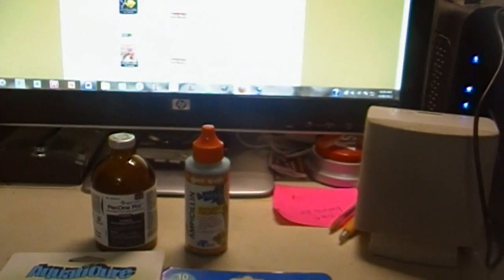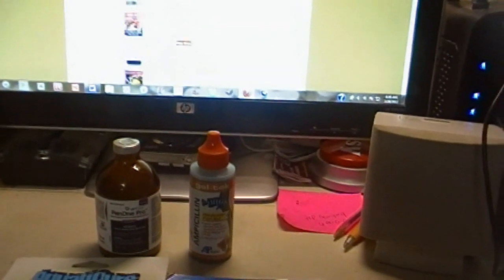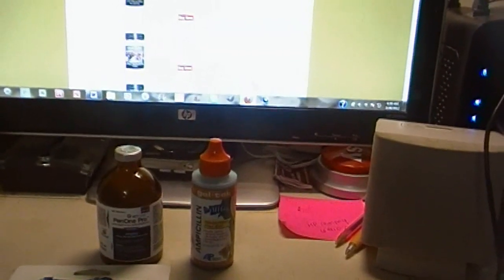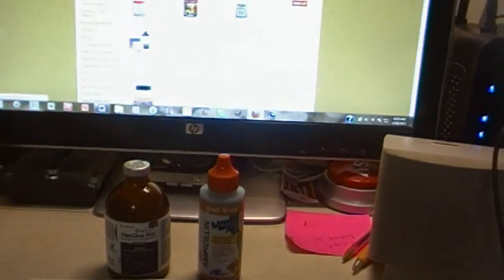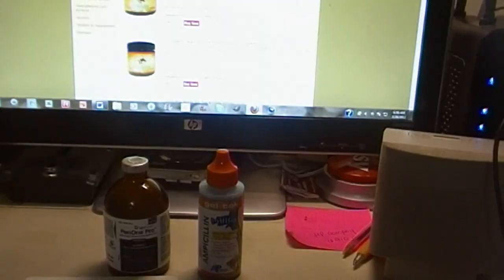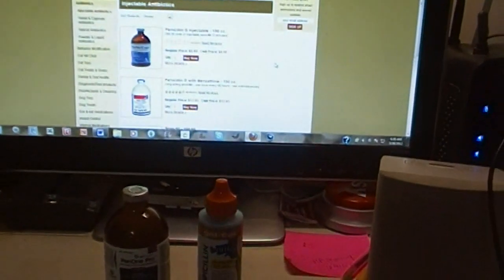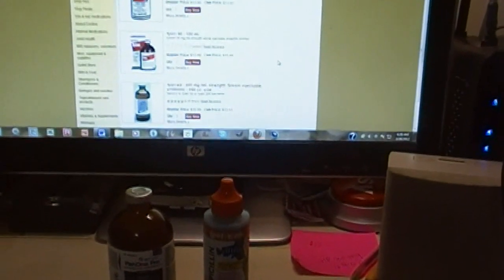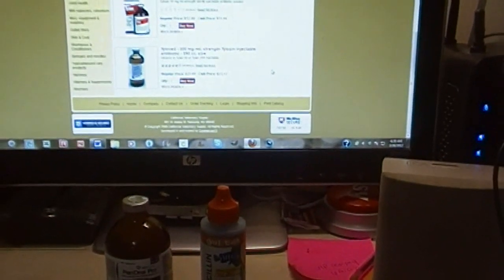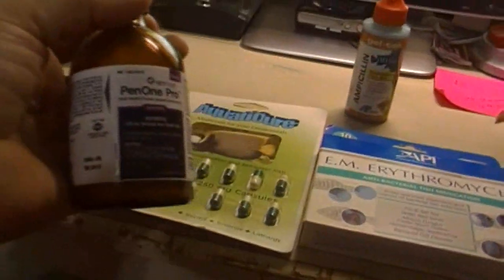Doxycycline, tetracycline. You can get neomycin. You can get cephalexin, just like I've shown you, Cipro, which is ciprofloxacin, clindamycin, and any number of excellent resources to have in your arsenal. You can get regular penicillin. You can get other things. But if you're talking about injectables, I have this penicillin on hand because